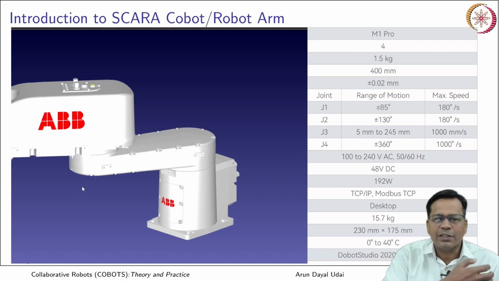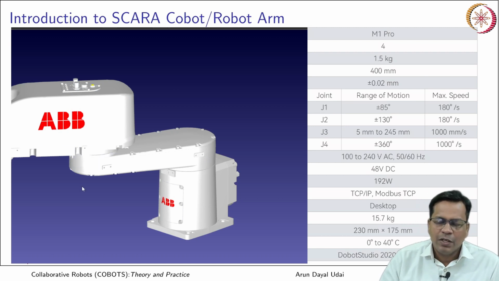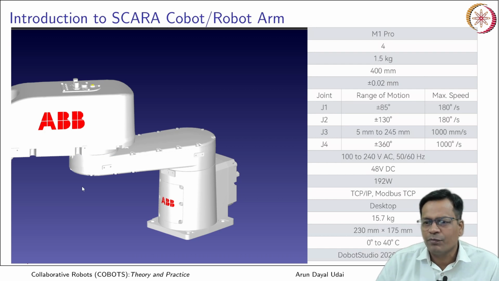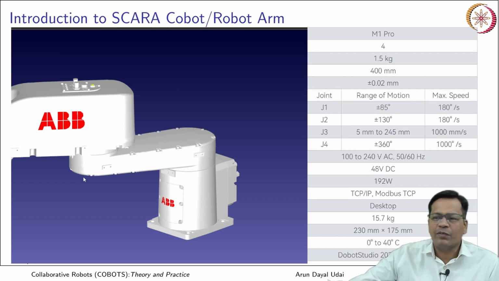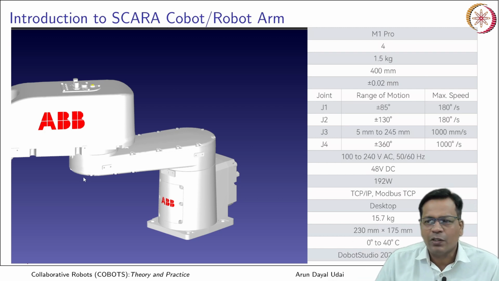So they are having less moment of inertia, so it can have very high speed, okay. They have very high speed and it is not getting influenced by the gravity, okay. So you can put it anywhere and gravity doesn't affect any of the joint torques, okay. So you don't have to move against the gravity anywhere except the prismatic link, that is only affected by the gravity. All the three rotary axes are free from gravity, okay. So that is the reason they are very fast, they are very quick, they have low moment of inertia.